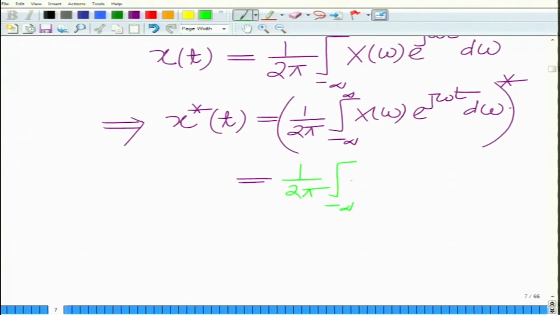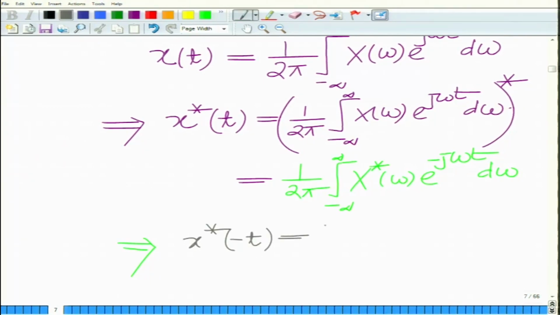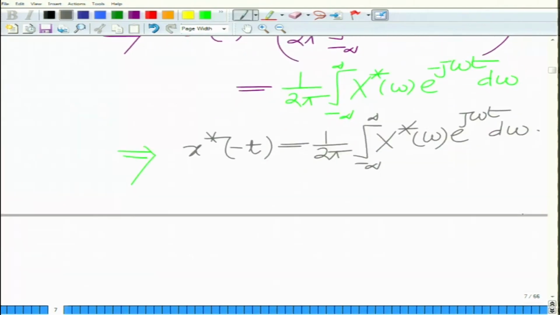And now, if you replace t by minus t, this implies that x conjugate of minus t is 1 over 2π integral from minus infinity to infinity X conjugate of ω e raised to jωt dω. And now, you can see this right hand side is nothing but the inverse Fourier transform